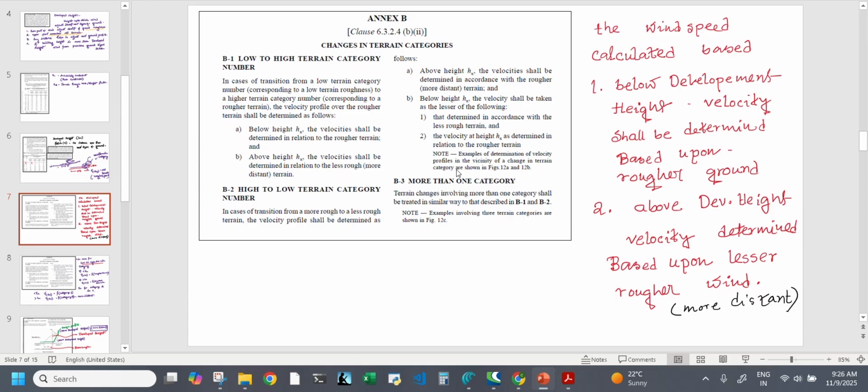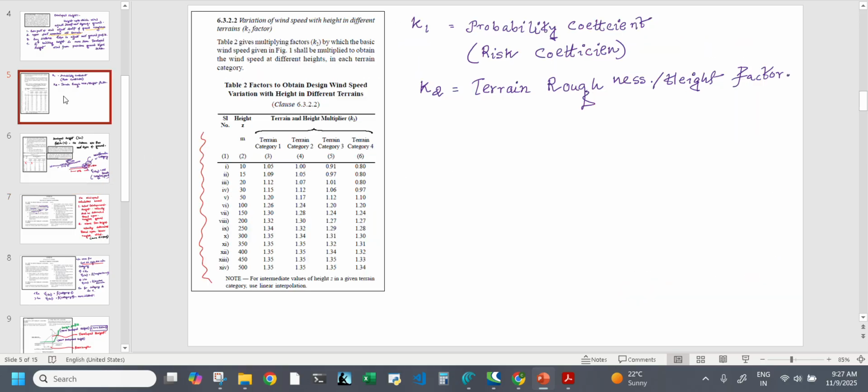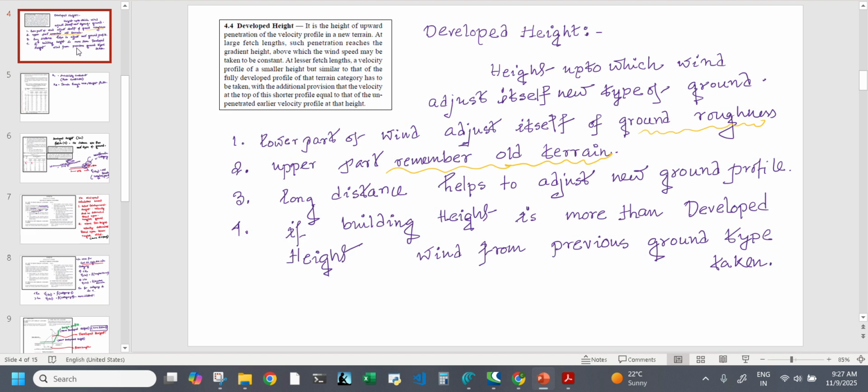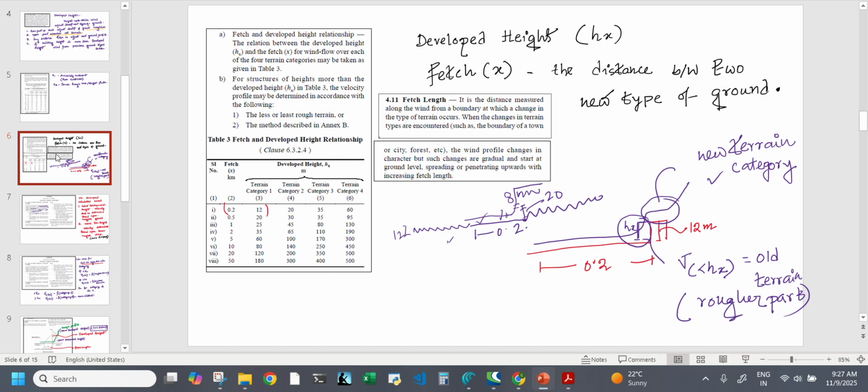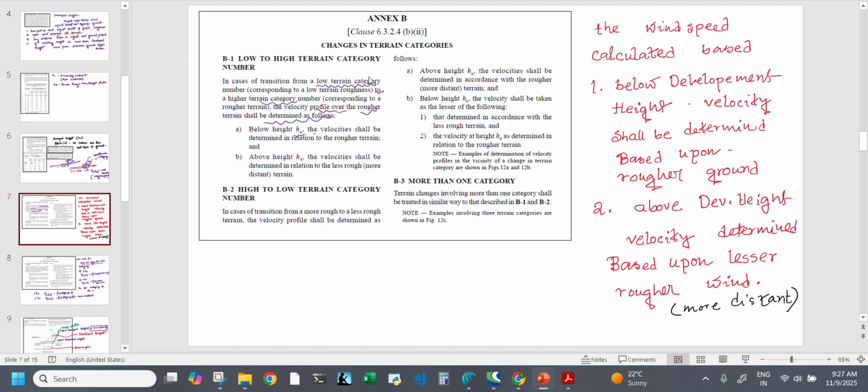Now, Annex B has mentioned how to calculate this. In case of transition from lower terrain category number, corresponding to the lower terrain roughness, to the higher terrain category, the velocity profile over the rougher terrain category should be determined as follows: below the developed height,